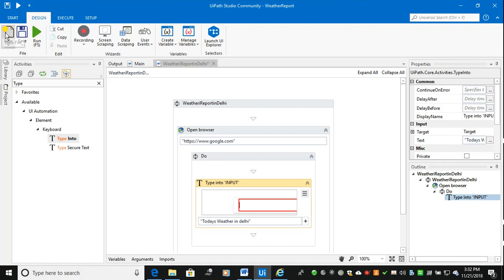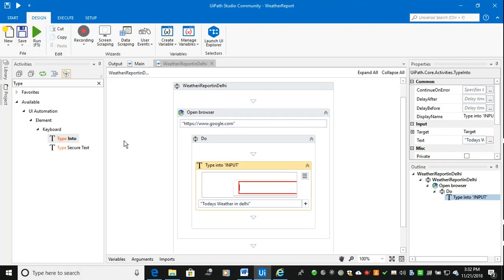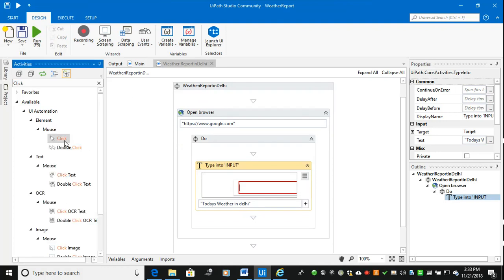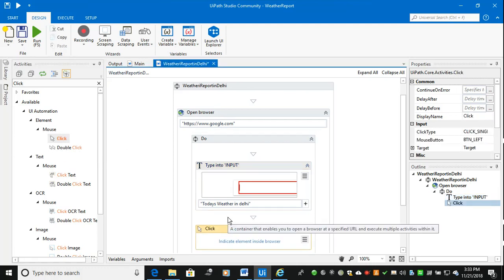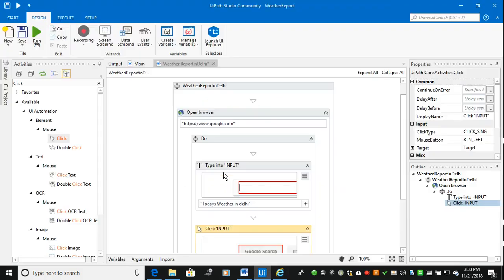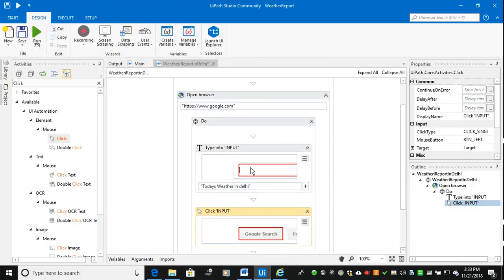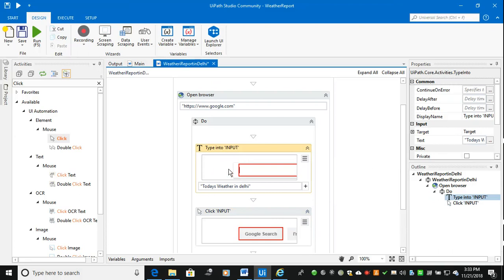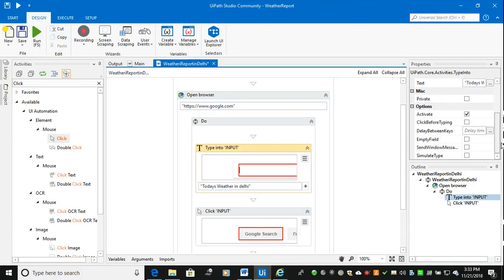So indication has been completed. Once I indicated, I want to click the search button. So what I will do is click. So I want to do a Google search. Here I want to use